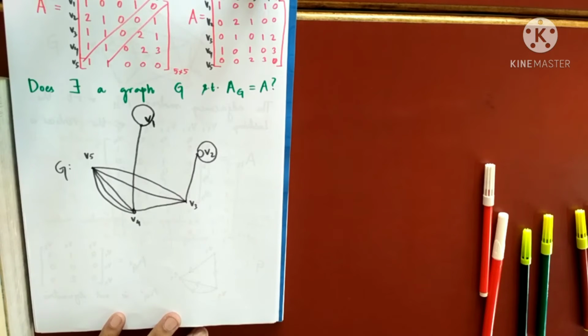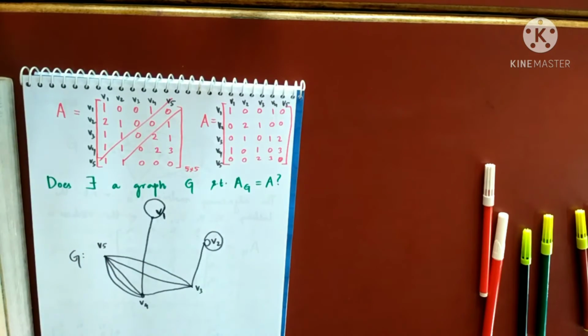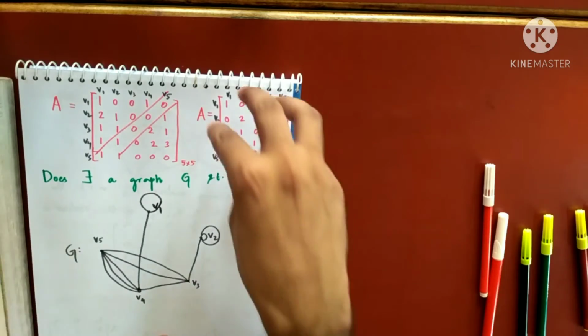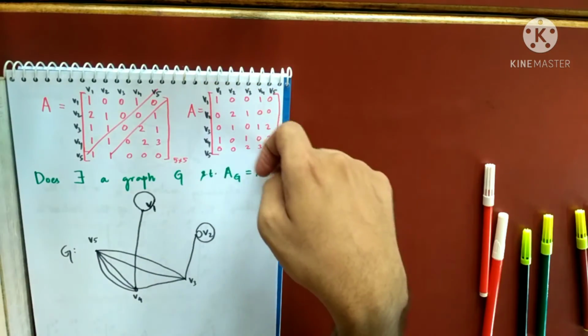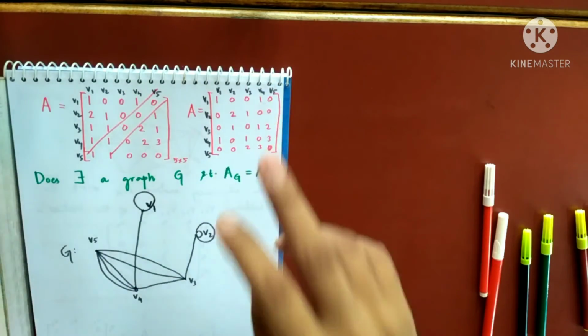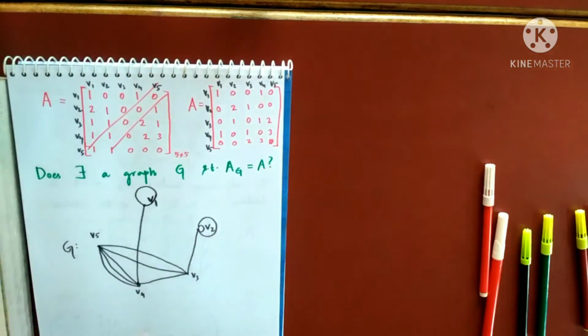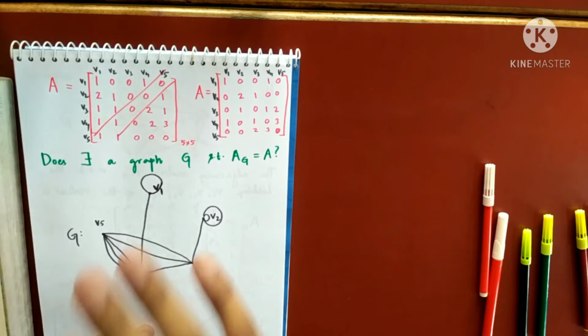So did you understand the idea of how to draw a graph if its adjacency matrix is given? Similarly, given any matrix, which may not be symmetric in general, there always corresponds a digraph. If the matrix is symmetric, there always corresponds a multigraph. And if the diagonal entries are all 0 and all entries are 0 or 1, there will exist a simple graph. And if the matrix is not symmetric, there always corresponds a digraph corresponding to that adjacency matrix.